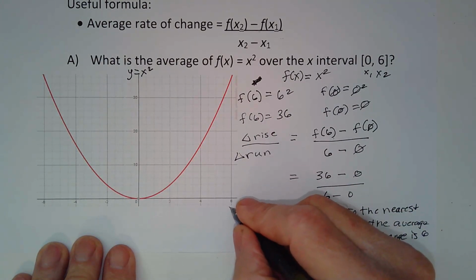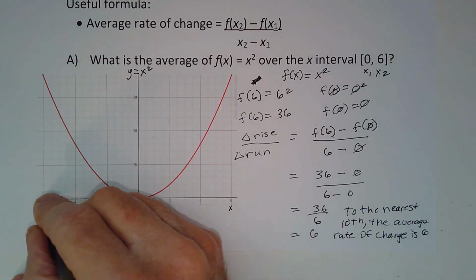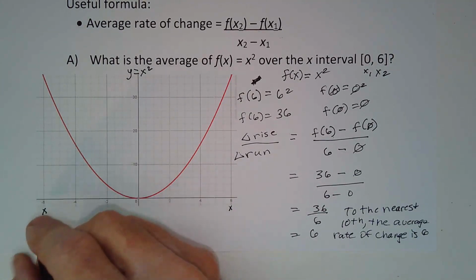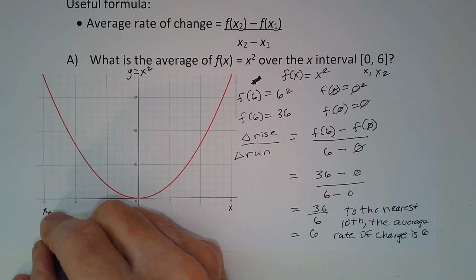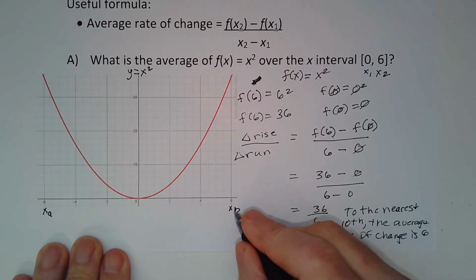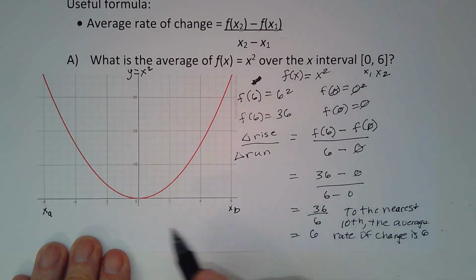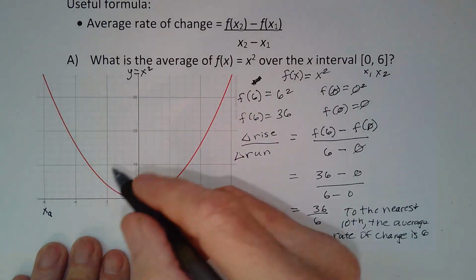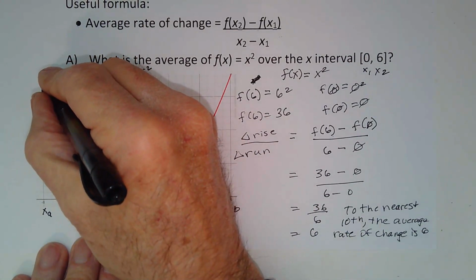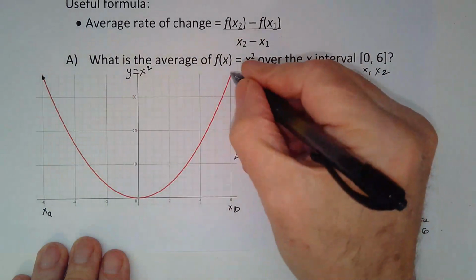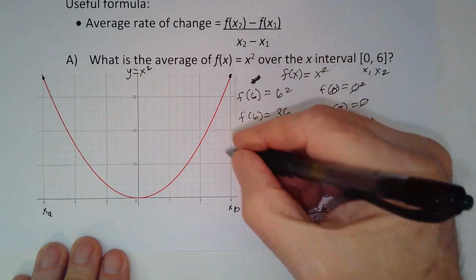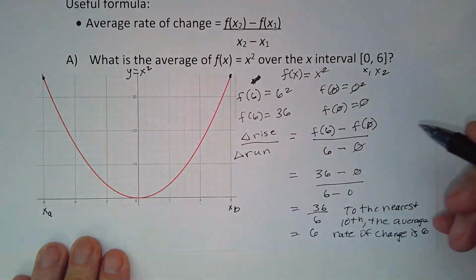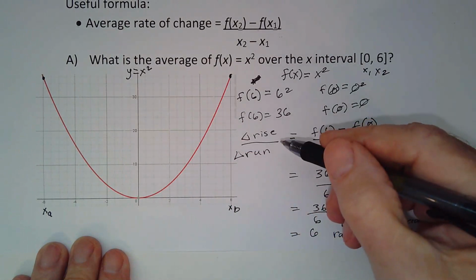We'll call this x and this x, because they're both x's. This is our first one, so we'll call this x sub a and this x sub b. But positive and negative 6. So I've got a point up here, and I got a point over here. And of course, using the difference here,